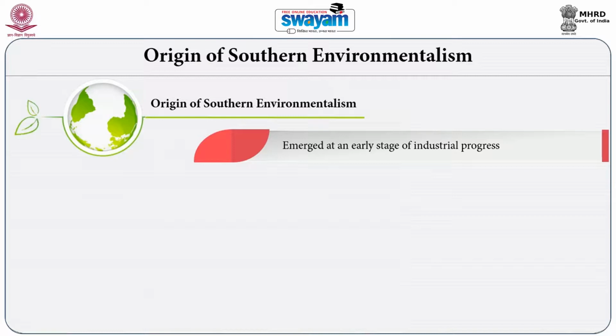Now when we come to the origin of environmental movements in the global south, we realize that these movements emerge during the production process. They emerge during the process of industrialization, or along with it. Unlike the global north, where there is a great silence about environmental degradation during the process of industrialization, in the global south environmental issues emerge as major problems and concerns during the process of industrialization or along with it.